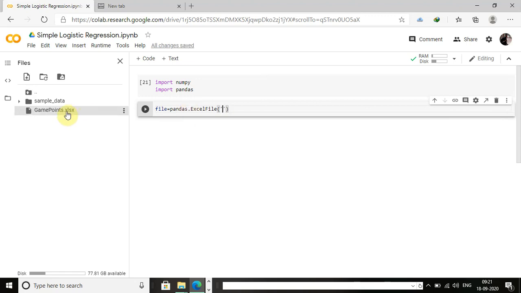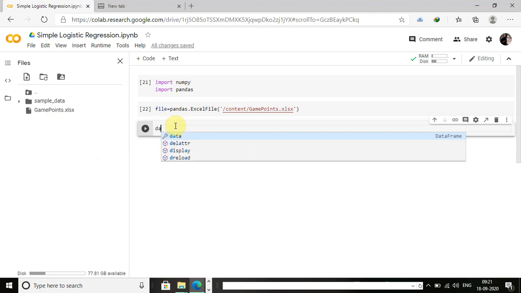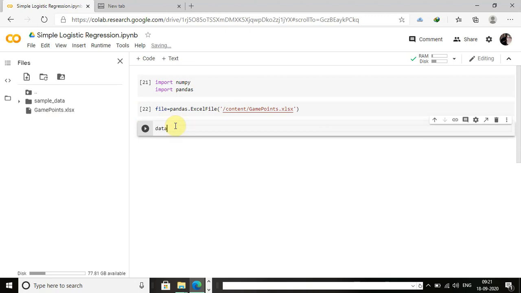Just go to the file and right click, select copy path, and paste the path in quotes. Now the file has been assigned to the variable called file. I am going to load the data into the variable data.